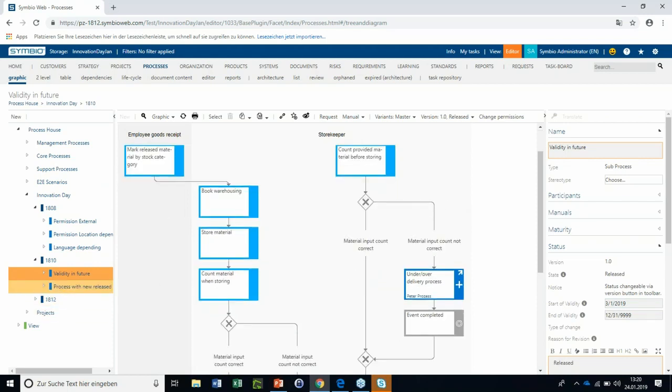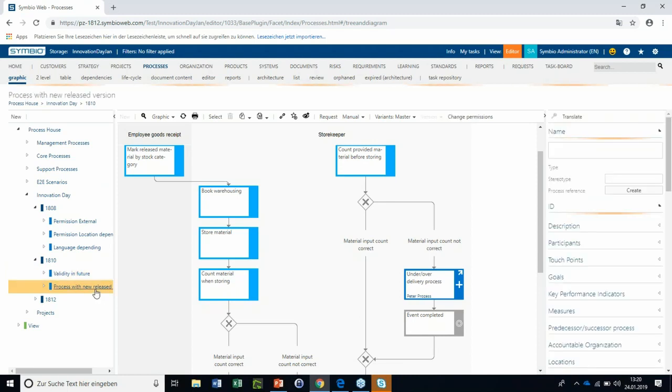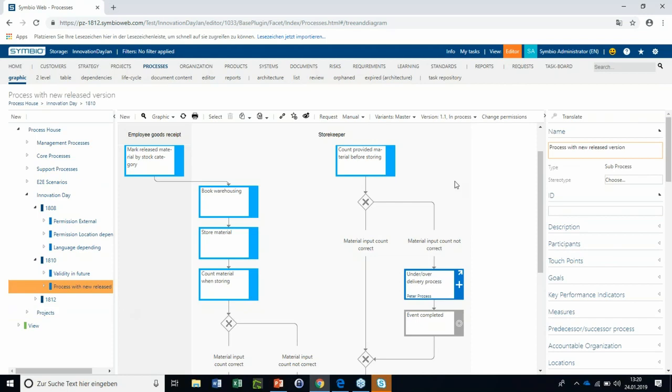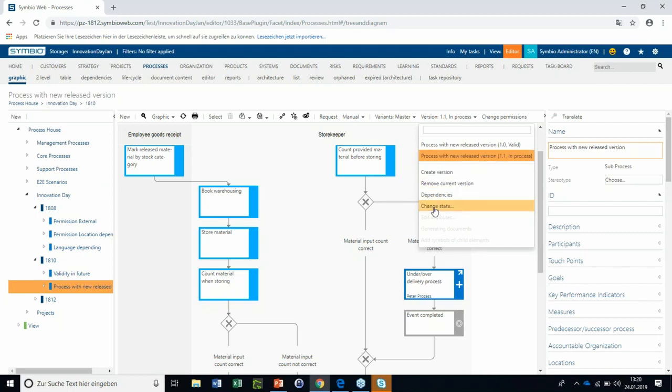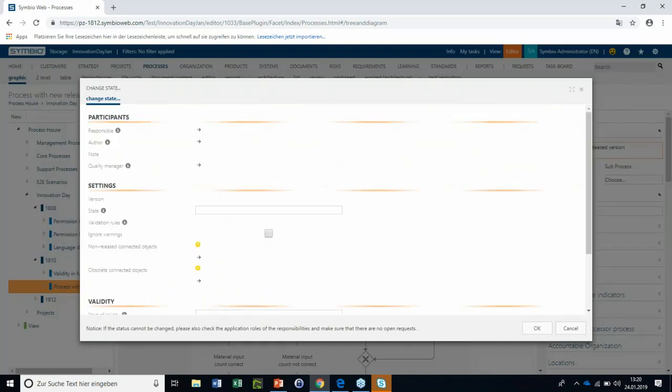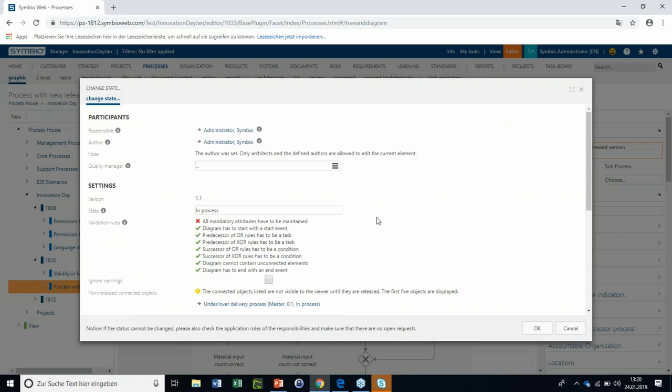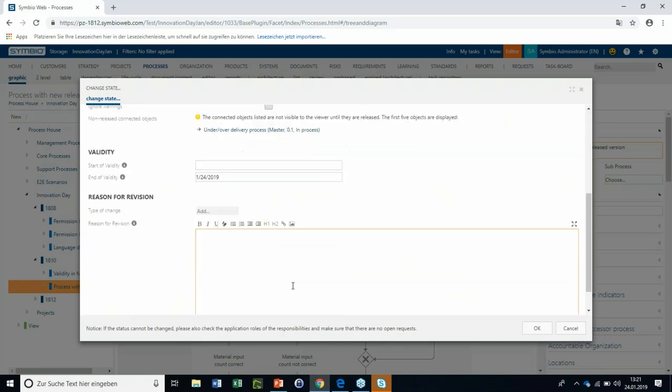And another use case I want to show you, and the information we get is if we have an already released process, like now, here we have the first version, and we have optimized this process and set up a new version of this. And now we want this process to be released. As usual, we go to the release cycle and release workflow, type in all the relevant informations,